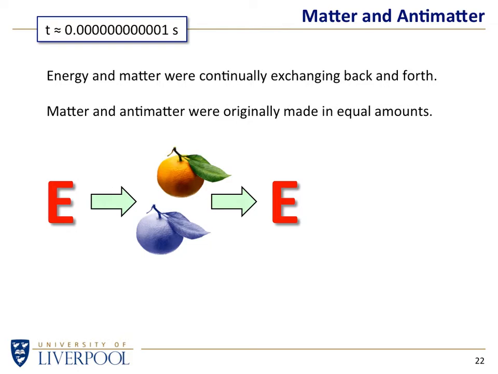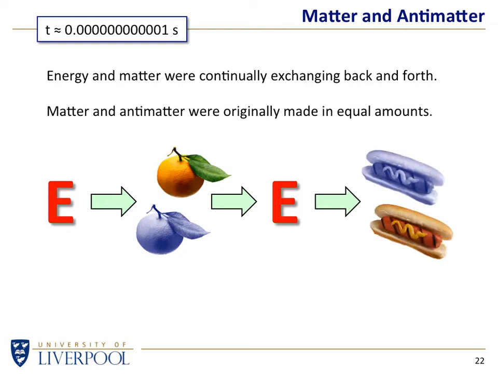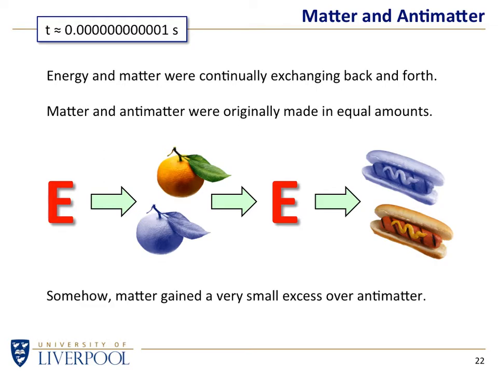They might annihilate, goes back to energy again, and then that energy might create an electron and an anti-electron. It might generate some other type of matter. Again, probably not a hot dog and an anti-hot dog, but it doesn't matter. It just generates stuff and anti-stuff. And the matter and antimatter are converted back to energy, which makes more matter and antimatter, which makes more... It goes backwards and forwards and backwards and forwards. Over and over again, matter and energy are being converted back and forth according to E equals mc squared.